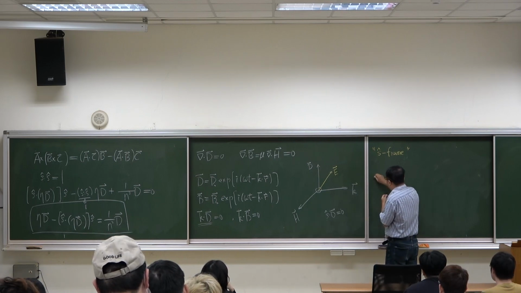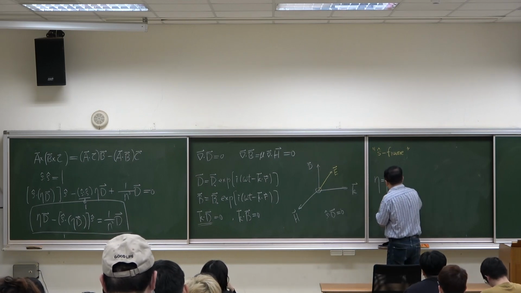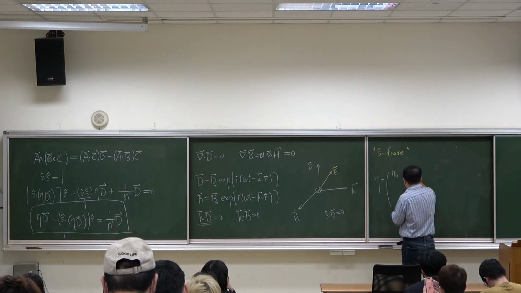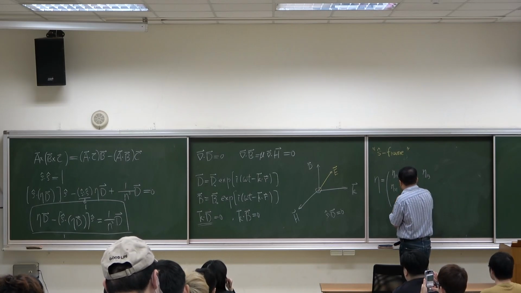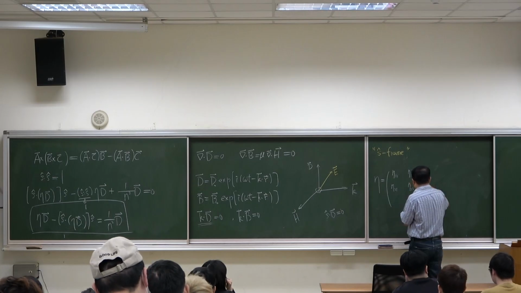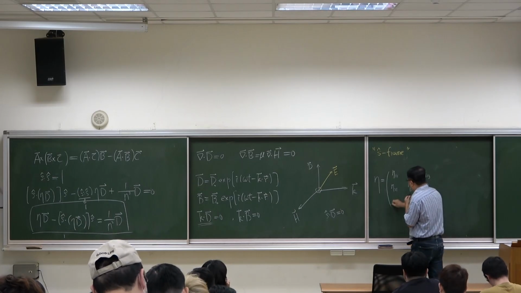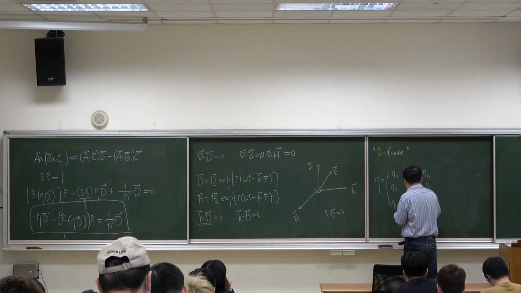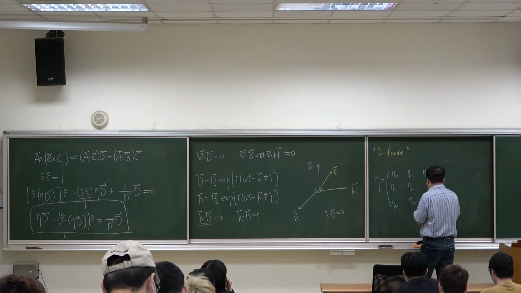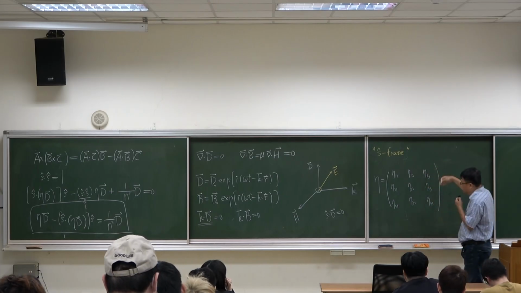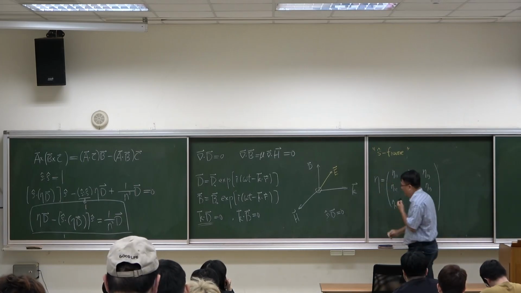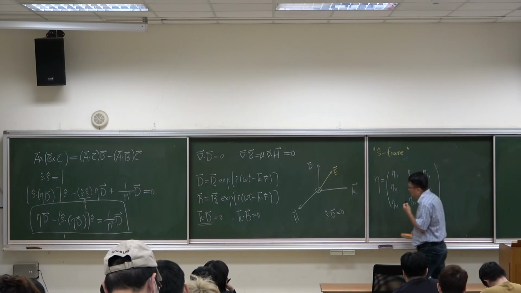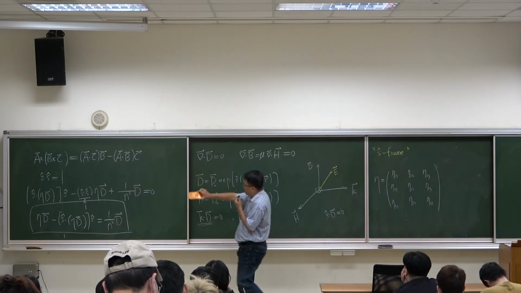suppose we use eta matrix eta 1 1, eta 1 2, eta 1 3, eta 2 1, eta 2 2, eta 2 3, eta 3 1, eta 3 2, eta 3 3. We use this matrix to represent the eta tensor in this coordinate system. Then this equation tells us that